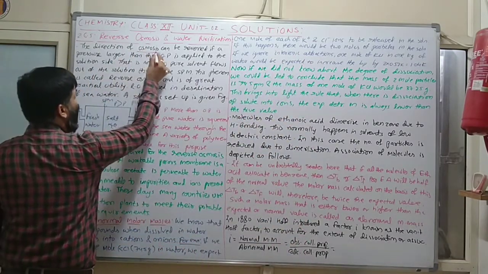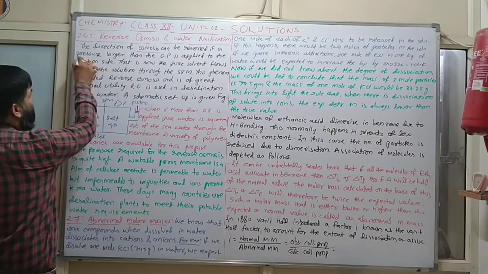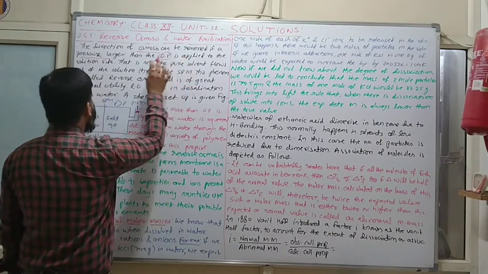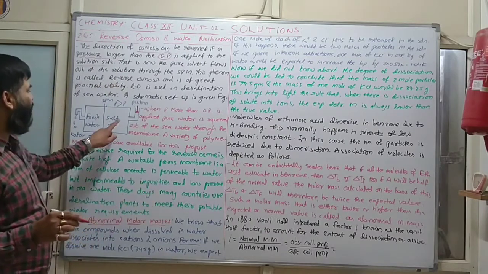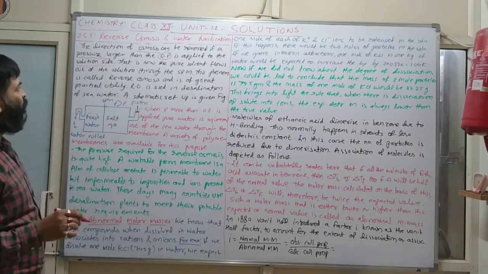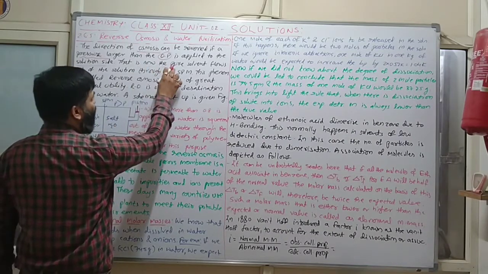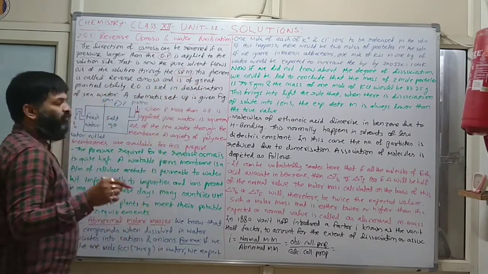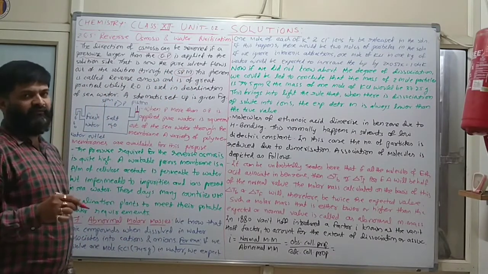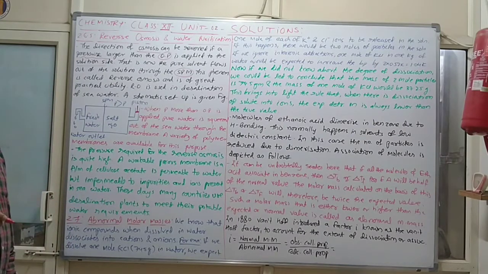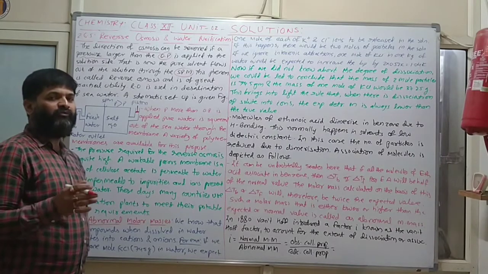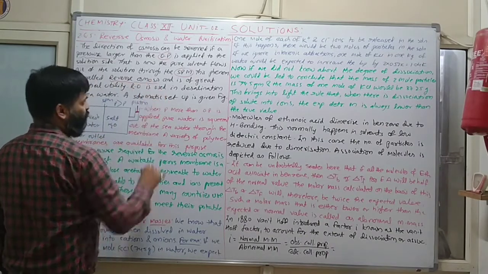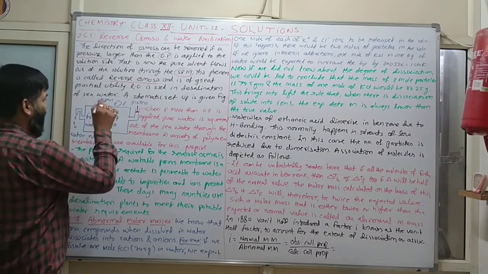The direction of osmosis can be reversed if a pressure larger than the osmotic pressure is applied to the solution side. So here we can say this is fresh water and this one is the solution side. Clear? So now the pure solvent flows out of the solution through the SPM. Whenever we apply some pressure with the help of a piston, only solvent molecules will transfer from the solution side to the solvent side. This phenomenon is known as reverse osmosis and is of great practical utility.